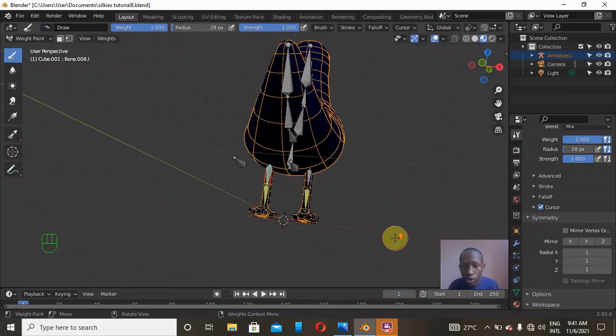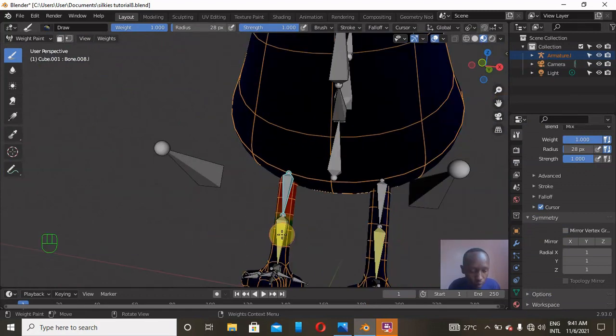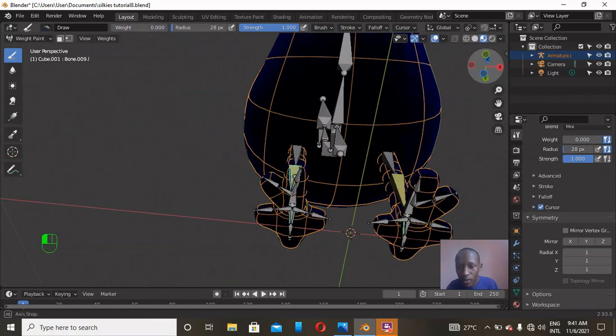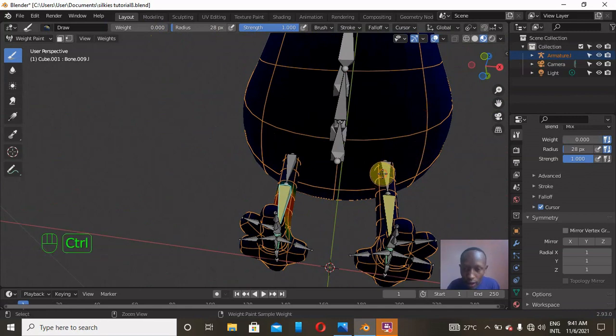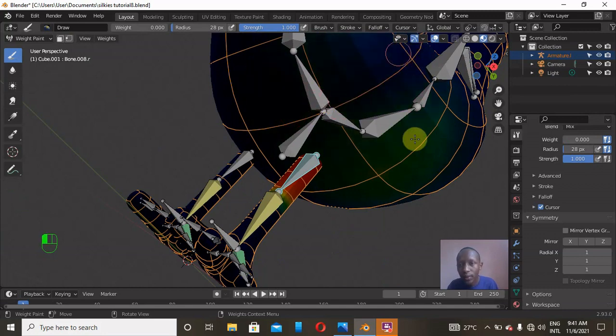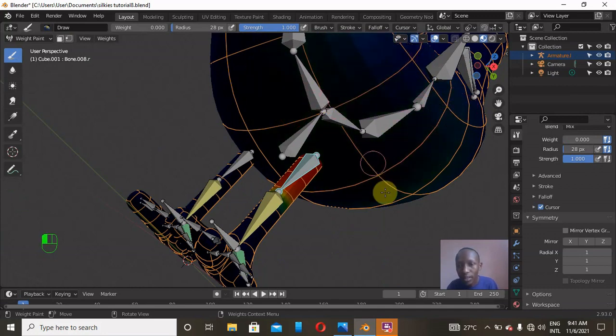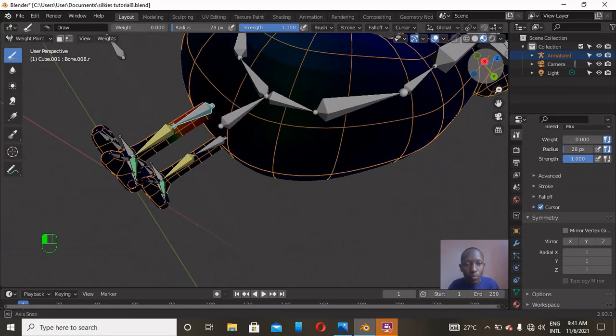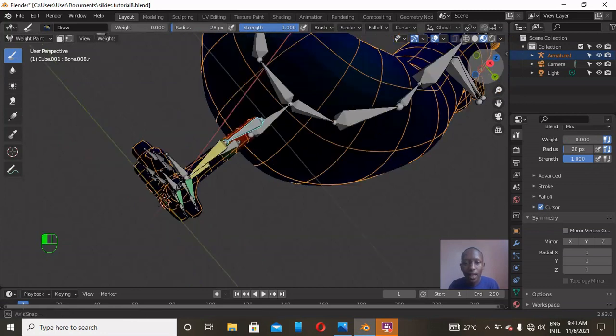So again, this is a tutorial, so you just go ahead and do what you prefer. Control tab, and this one is not affecting. We just make sure that it's not affecting the upper part. Like this place, I don't think it's affecting. So control click on this one. There's also an awkward thing here, so we remove all this weight on this part of the body by just removing the weight. The weights are the ones which this bone is attached to. So we want this bone to affect only this bottom or top part of the foot, like that. And I think we are done, guys.